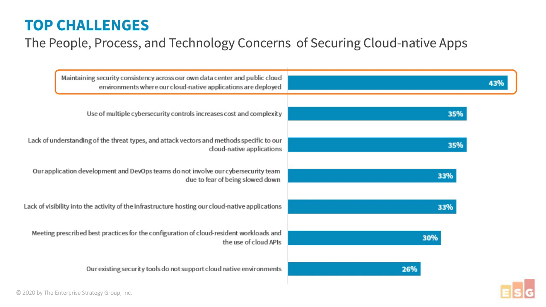And then finally, the third one, I could go on the slide forever, but the third one is really what I was mentioning earlier about revisiting your threat model. So, okay, I've got containers and they're portable, and by the way, they're ephemeral, so they come and go. And serverless functions, so I've got my DevOps team using serverless, and I don't have access to the server, so where do I insert a security control? This is all about this lack of understanding of the threat types, attack vectors, and methods specific to cloud-native applications. It is about revisiting your threat model and understanding that stack and where the vulnerabilities are in the stack.